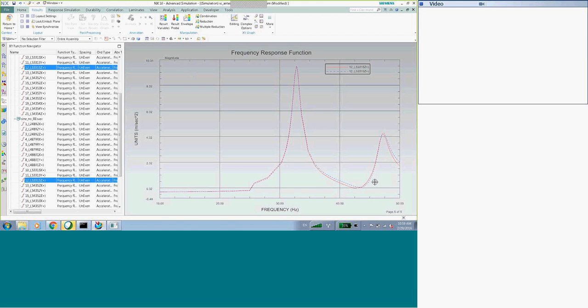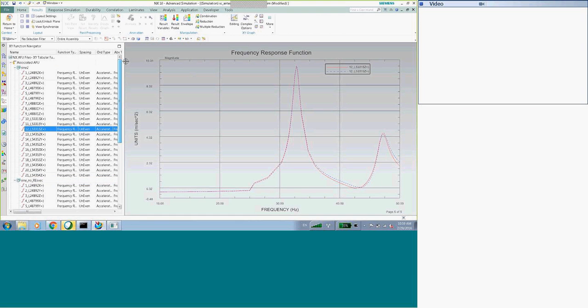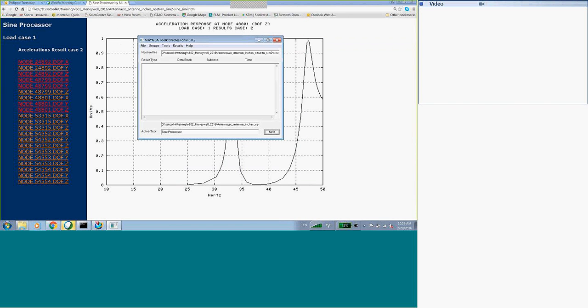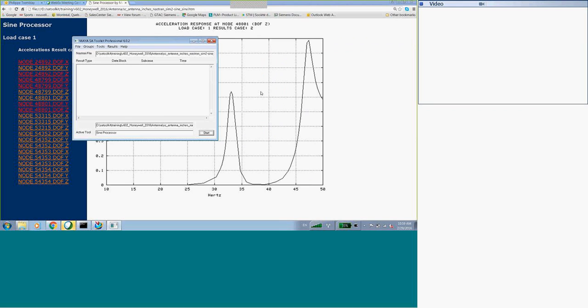So that's a way of easily comparing the difference between the two solutions. And with the DMAP, I can run this with the bases and stability approach and see how that compares. Well, I won't do that now.